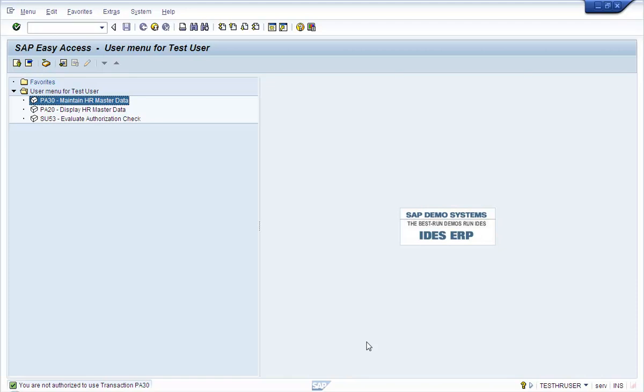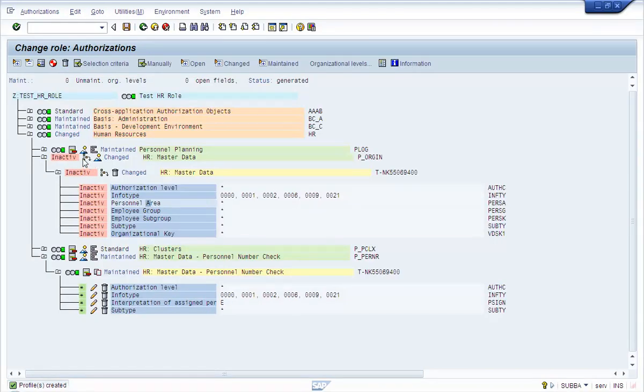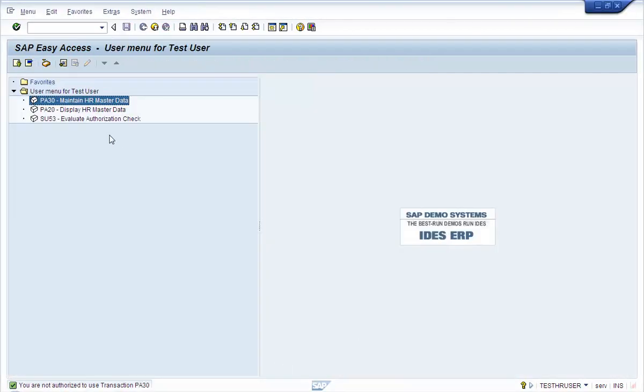Let us go and now again reactivate p_origin and see if it makes any difference or not. So let's go and activate this and generate the role. Now let's go and refresh the authorizations, and let's go and check PA30 again.